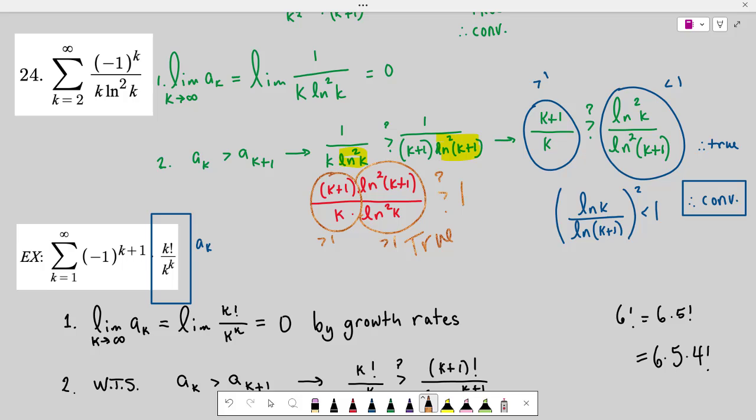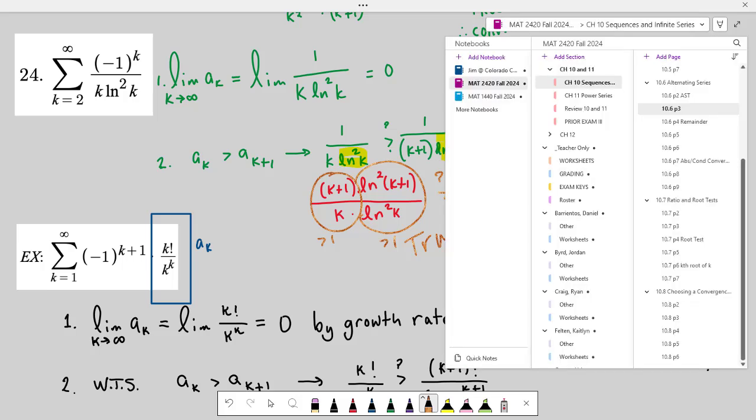Either way. Yeah? I believe you also said on Thursday that we'd go back to the last question. Mm-hmm. Yeah, we will get back to that. I want to get through the alternating series first, but then we will get back to that one for sure. Okay, so let's go to